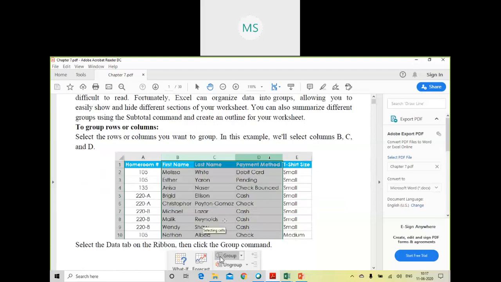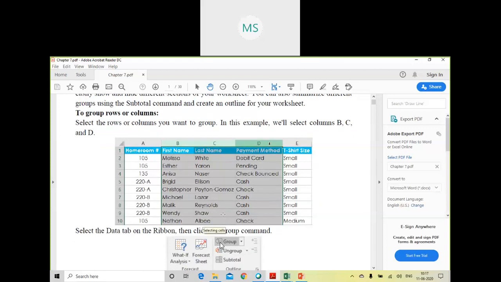Now to group rows and columns, select the rows or columns you want to group. Like in this example, it has selected first name, last name and payment method together, and then it has grouped them. While creating a group, either you can create a group vertically or you can create a group horizontally. When you are creating a group horizontally, you are grouping rows.